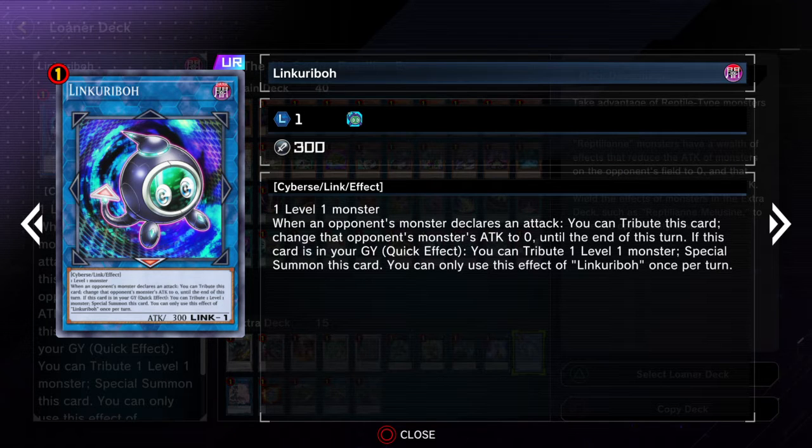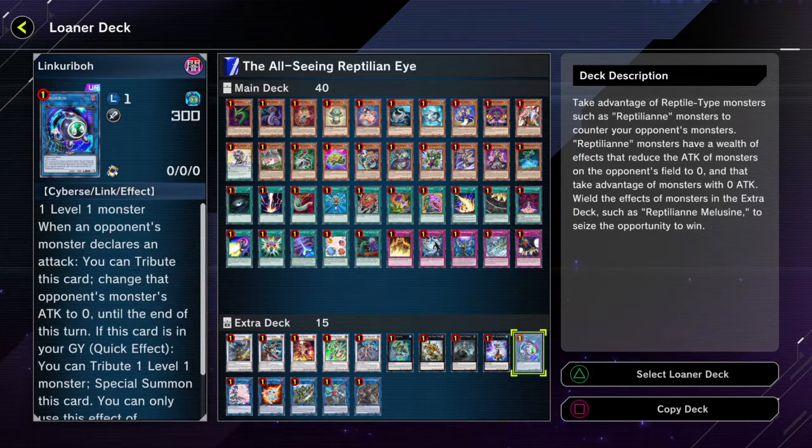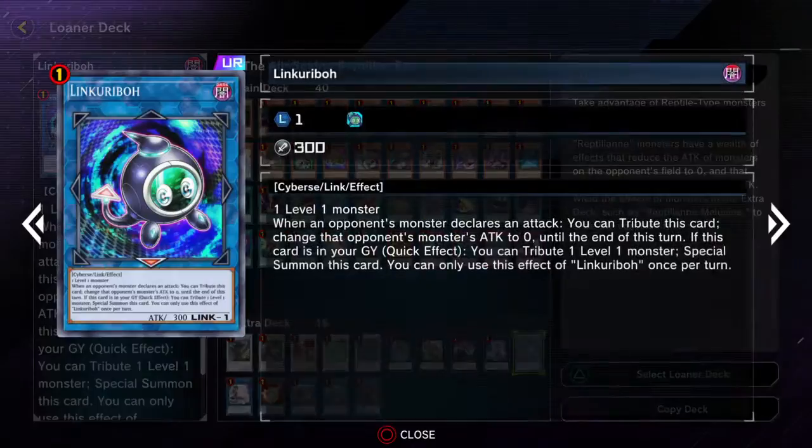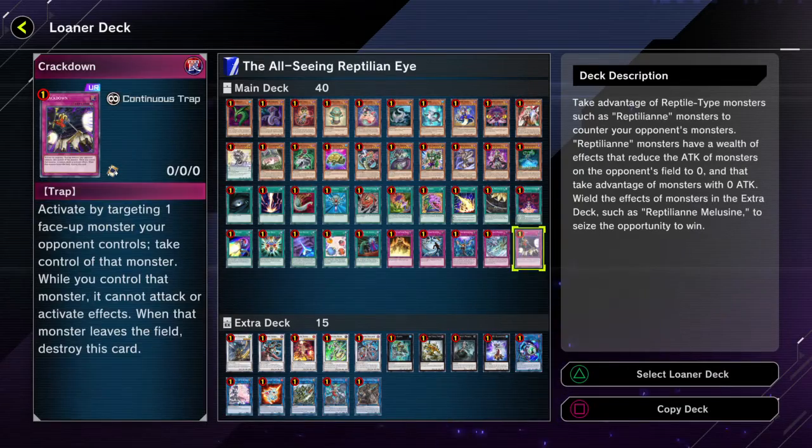But it has to be when an opponent's monster declares an attack. So actually, unless you have a quick effect way of being able to do something with that 0 attack monster, you won't be able to keep it at 0 attack for very long. But also it's pretty nice because you get